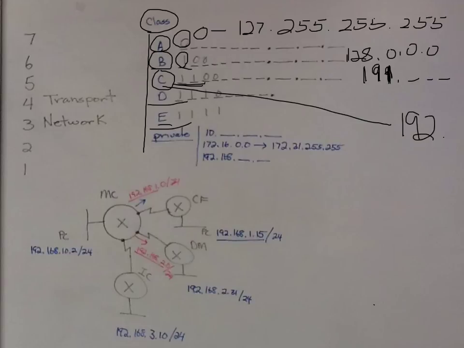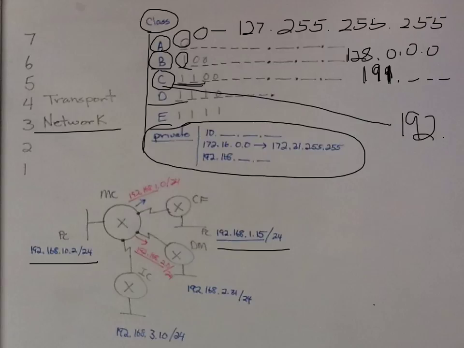And then we talked about the group that's taken out of there that are private addresses. We did this little simplistic example down here in trying to show that if this PC was going to go to this PC, the router would only need the network part of the address to forward it over there. So if you were to take a look